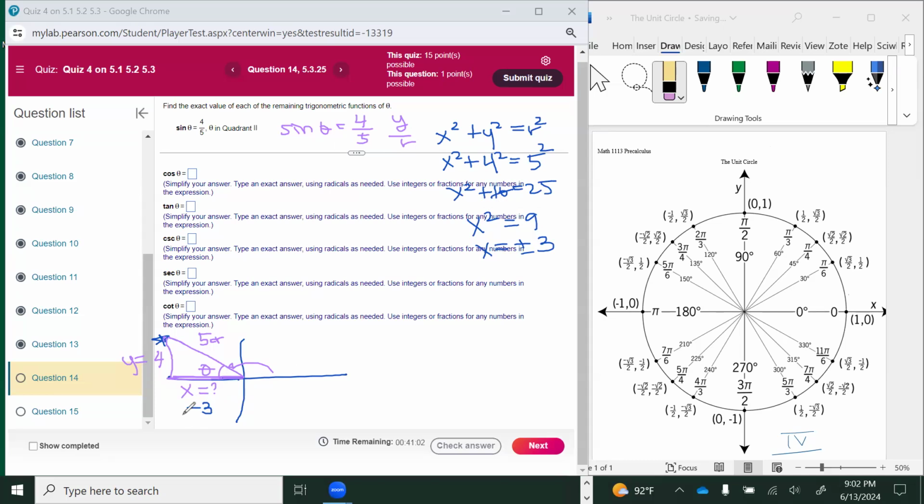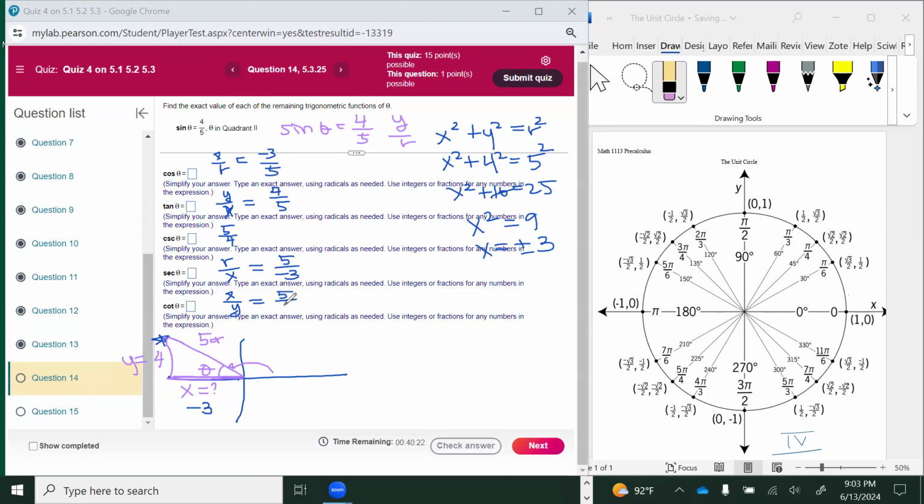So what's cosine theta? Cosine theta is x over r, so that's going to be negative 3 over 5. What's tangent theta? That's going to be y over x, so y over x is 4 over 5. Cosecant is the reciprocal of sine. If sine is 4 over 5, it's going to be 5 over 4. Secant is the reciprocal of cosine, or you can think of it as r over x, which is 5 over negative 3. Cotangent, you can think of it as x over y, or the reciprocal of tangent, so that's going to be 5 over